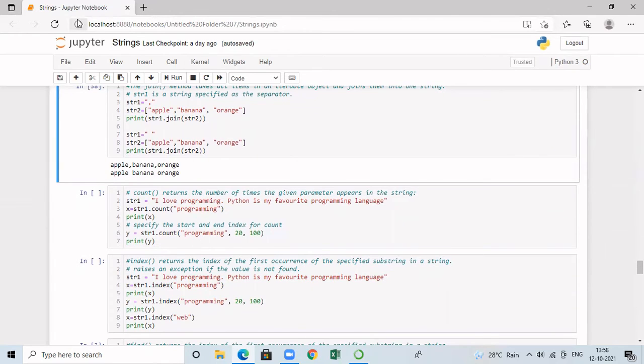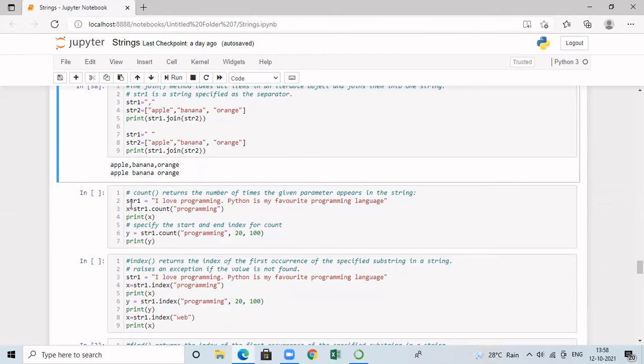Now, let us focus on the next method, count. So count method is going to return the number of times a given parameter appears in a string. This is for counting the frequency of a character in a string, or otherwise frequency of a substring in a given string. For these things, we can use this built-in method. In other languages, we have to write our own function. But here in Python, we have a large collection of set of functions available. So all our work is now made easy.